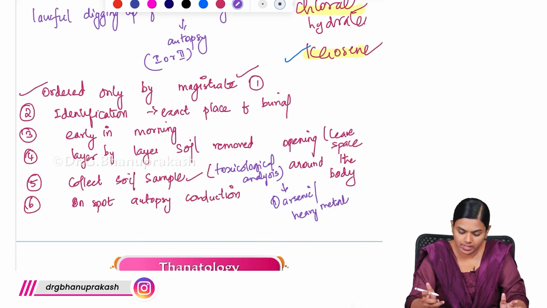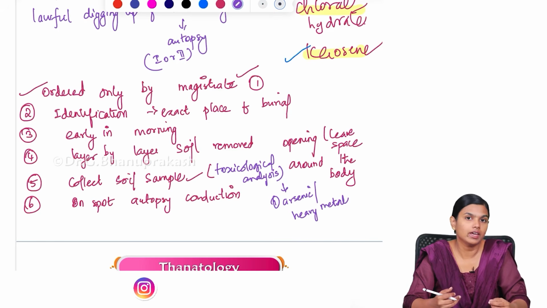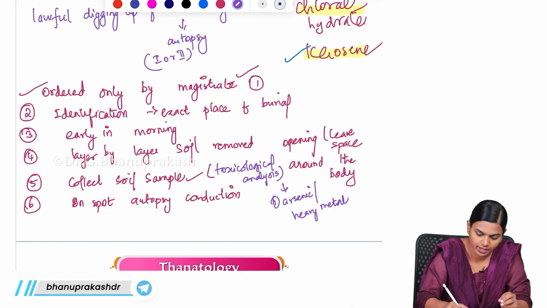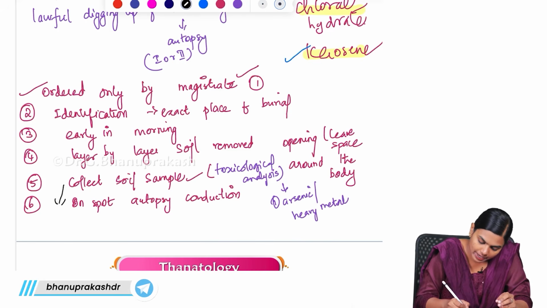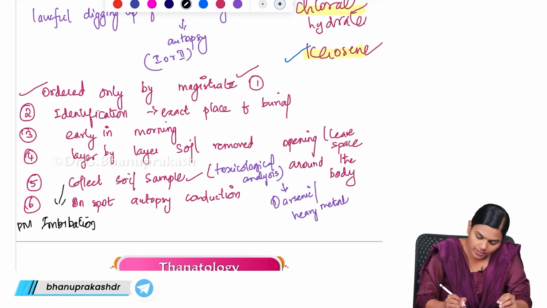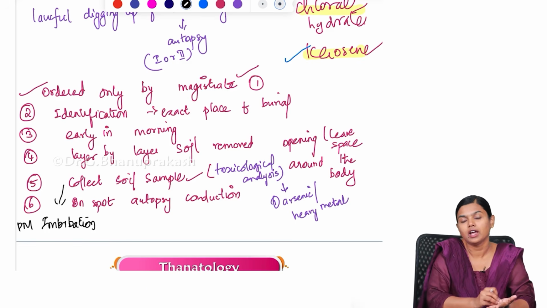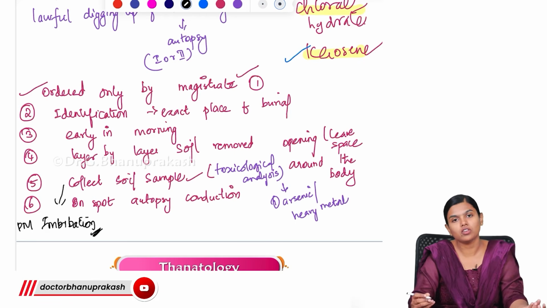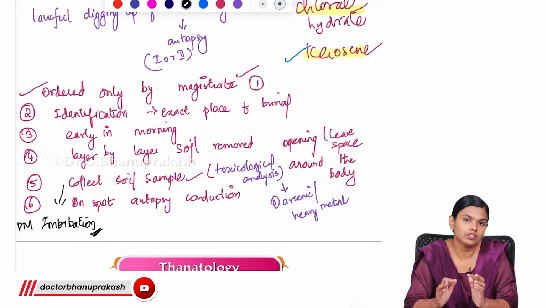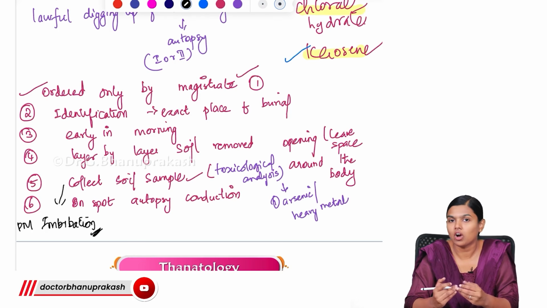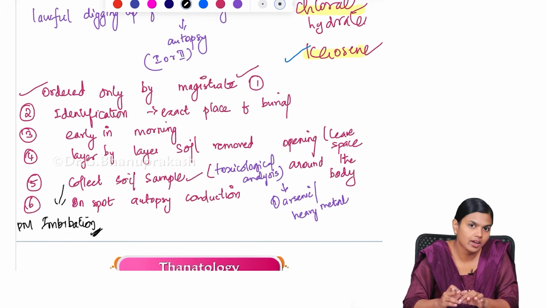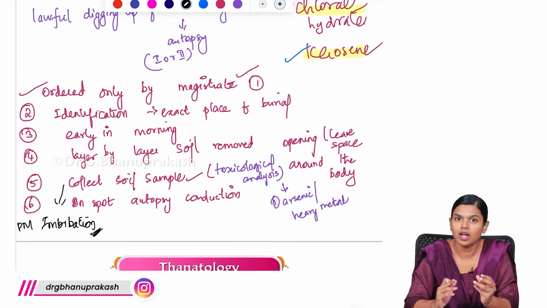But since the body is buried in the soil for a very long time, the arsenic from the soil could have entered the body. This is known as imbibition. Postmortem imbibition: simply, the arsenic from the soil will diffuse into your body. Because of this imbibition, your body will show an arsenic level, and people will wrongly think that it is a case of arsenic poisoning. To rule out whether it is actually arsenic poisoning or postmortem imbibition, we have to test